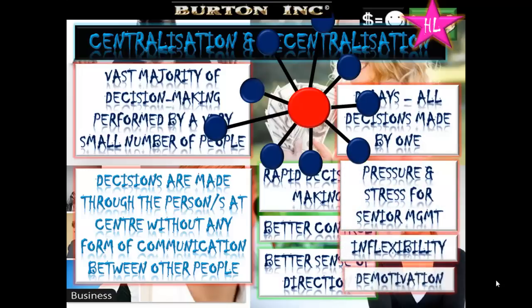There's a lot of pressure, a lot of stress on senior management. It's their ideas on the line. They're responsible for overseeing everybody within a particular network. Inflexibility. If you are within the centralized structure, you're typically not communicating with a vast range of people. You are relaying decisions back between your team leader, and it can be quite demotivating for staff.